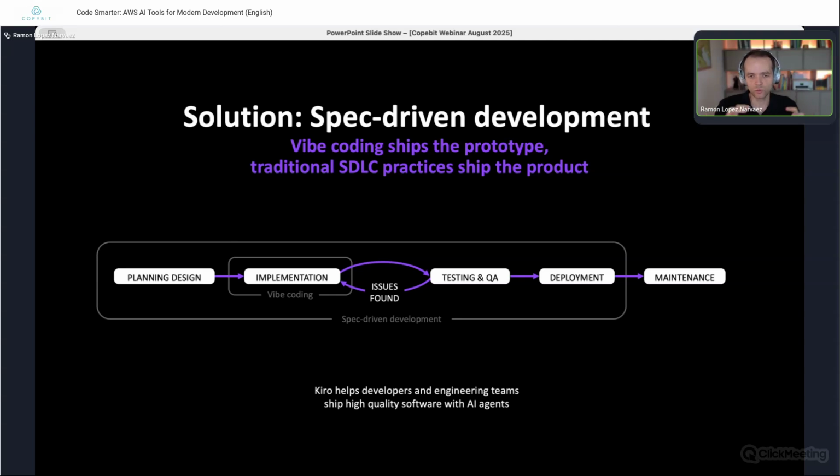Spec-driven development zooms out of this, and it looks at multiple phases in the SDLC. So specs, so specifications, span from, of course, the planning and design, through the implementation, the testing and the QA, and the deployment. Because you have a spec that the AI assistant can rely on and can look back on, the AI assistant can autonomously iterate between implementation and testing based on this spec.